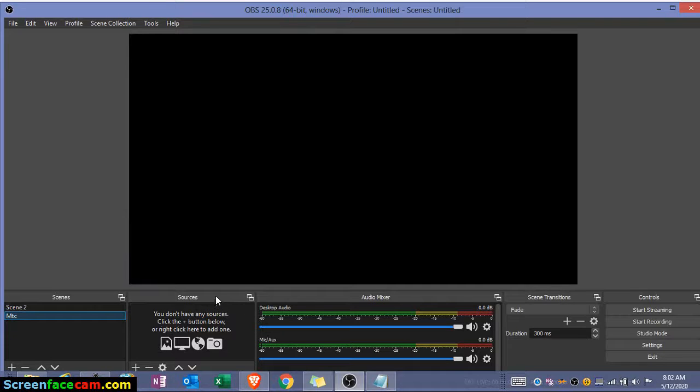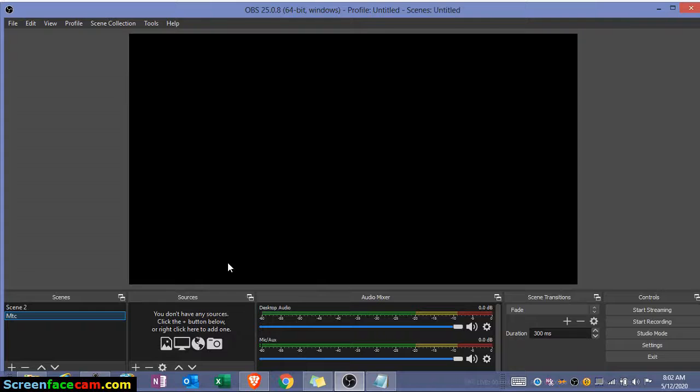Okay, it is blank. Now I want to connect my camera to my OBS. The camera which I'm going to use is my camera phone. So I'm using my camera phone to connect. Now to do this, you will need a few applications. One is a plugin that you need to add on to your